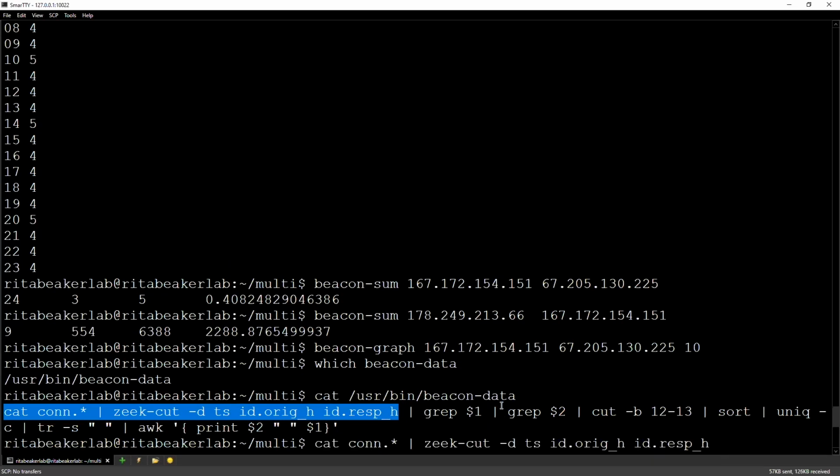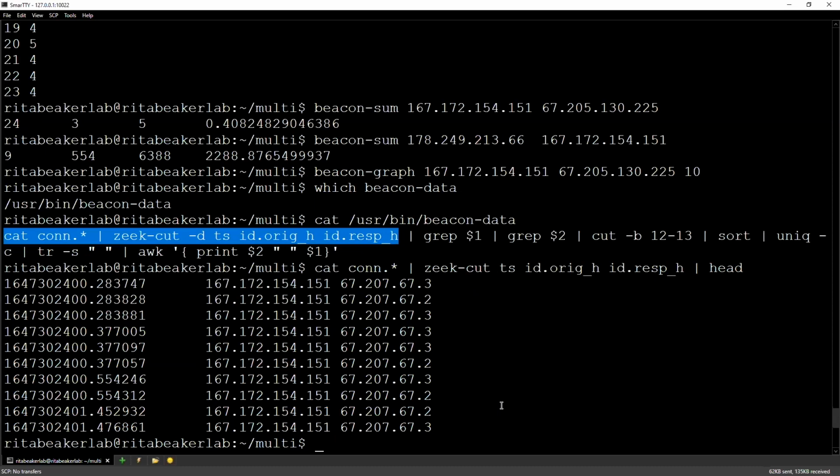Actually, let's do this. First, I'm going to run it without the -D, and then I'm going to run it with it. So here's the problem we're trying to solve. We've got Zeek data, and we want to look for repetitive signaling, right? We've got 24 hours worth of data, and we want to be able to go in and look to see,